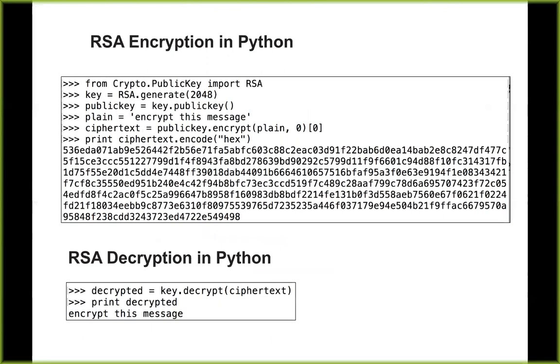Anyway, in Python, it's pretty easy. Go to crypto public key and import RSA. Then you can just call generate, and that will automatically find random numbers somewhere and make a pair. I don't know how perfect the random numbers are. There are usually considerable angry people arguing about that. But it does do some kind of random generation. Then you have a public key, and you can now put in plain text of any length. And you can get the ciphertext this way. The ciphertext will be very long.